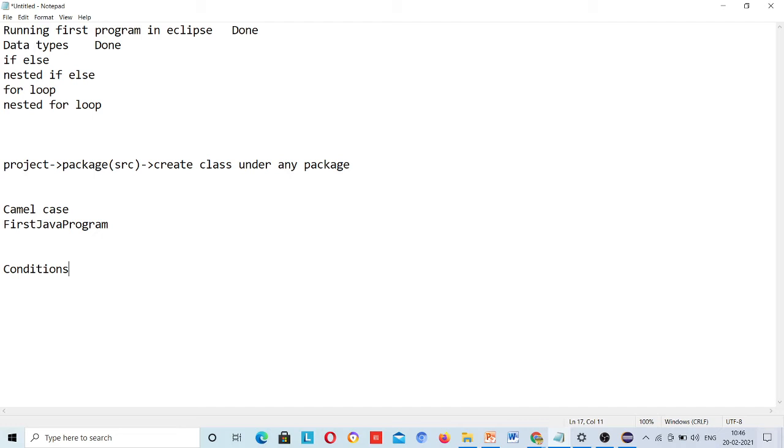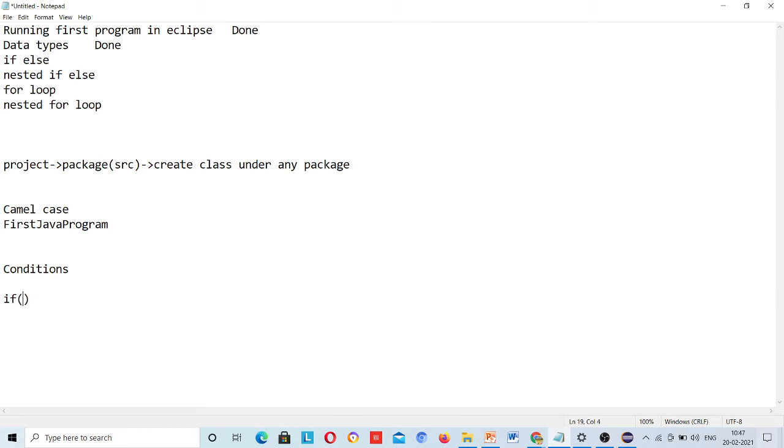And there are if else. If means, you understand what is if, and else means either if or else, right? As its name says, if or else. So here in Java you have an if else statement for managing these conditions. I am going to tell you the syntax of it.